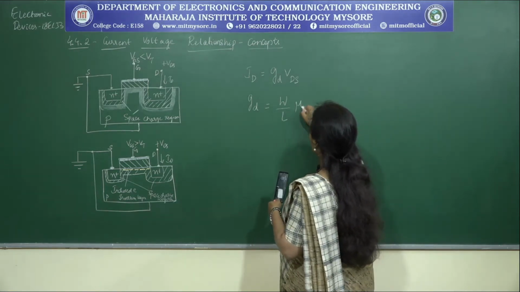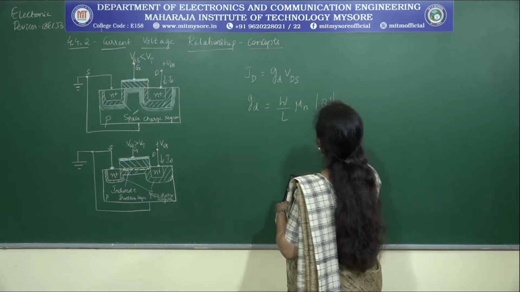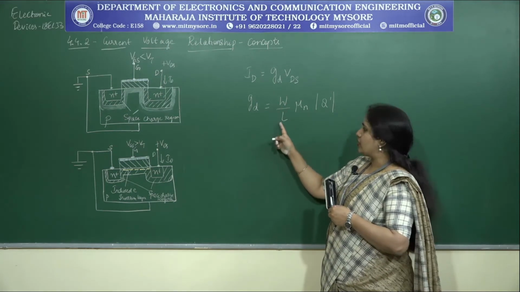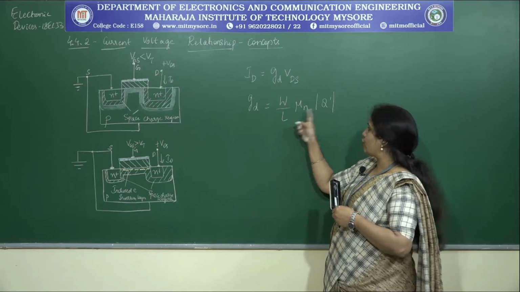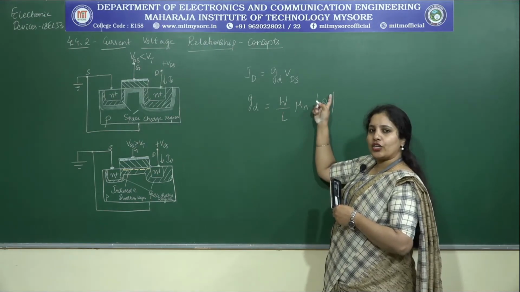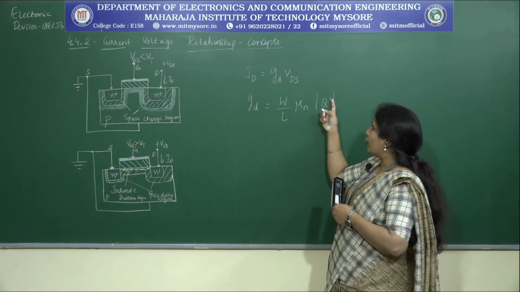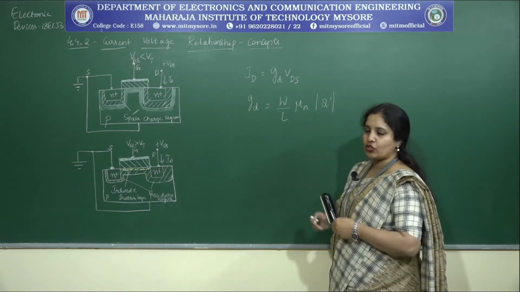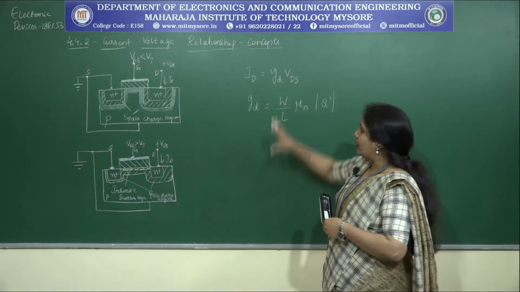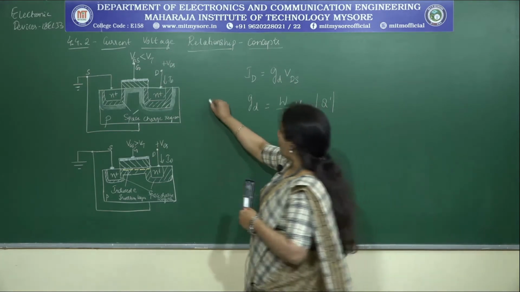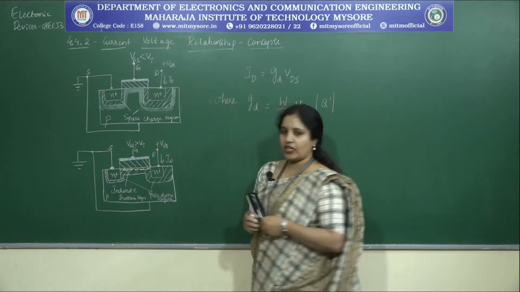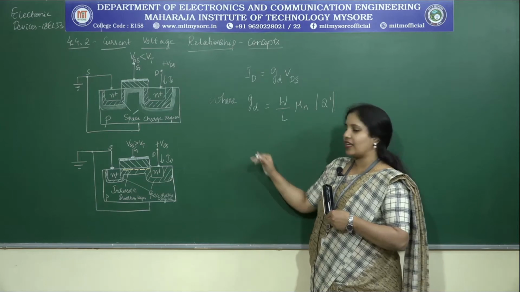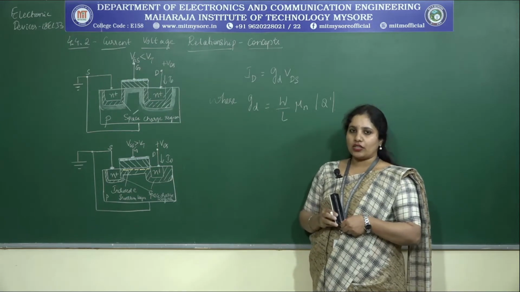Now, that conductance can be given by a formula: W by L into mu n into modulus of Q dash. What does W indicate? It is the width of the channel, L is the length of the channel, mu n is the mobility of the electrons, and Q prime or Q dash indicates the charge stored per unit area. Whenever I write a prime here, it indicates it is measured per unit area. Please note that point. GD indicates this, and once you are done writing the equations, you always have to mention what each and every term signifies.